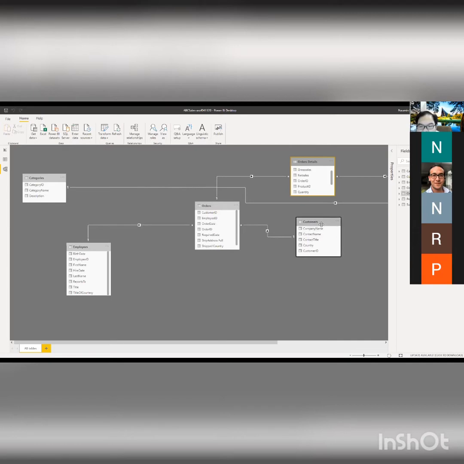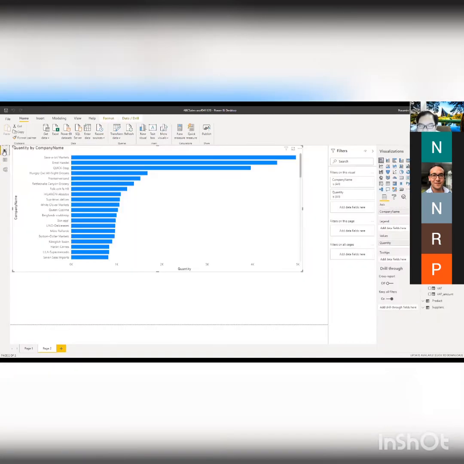This means that if you have to do anything related to a field or column in the customer table, now you can do it. For example, if you would like to pick a field or column in your visualization from order details and you want to know the company name that belongs to the customer, you can do it right now. When we go back to the visualization in the report screen,